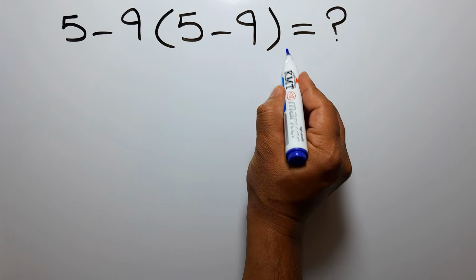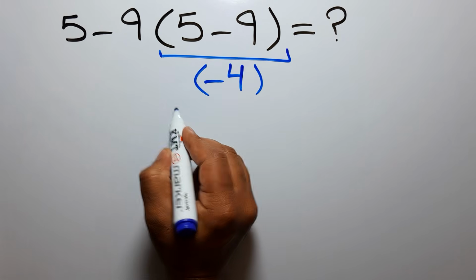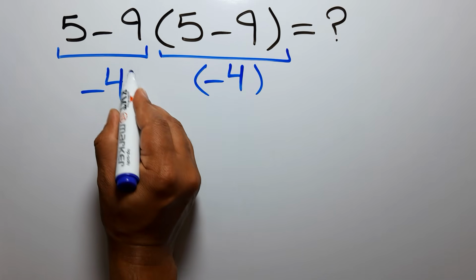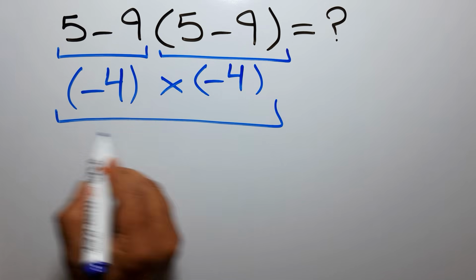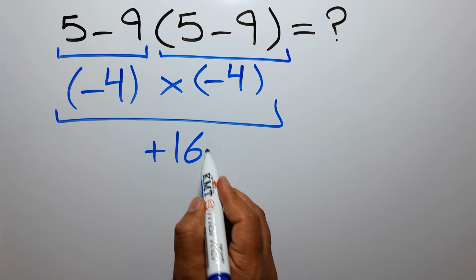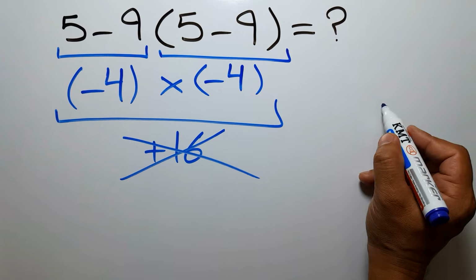5 minus 9 gives us negative 4. And again here we have 5 minus 9. So negative 4 times negative 4 gives us positive 16. But this answer is not correct, because according to the order of operations, which is PEMDAS,